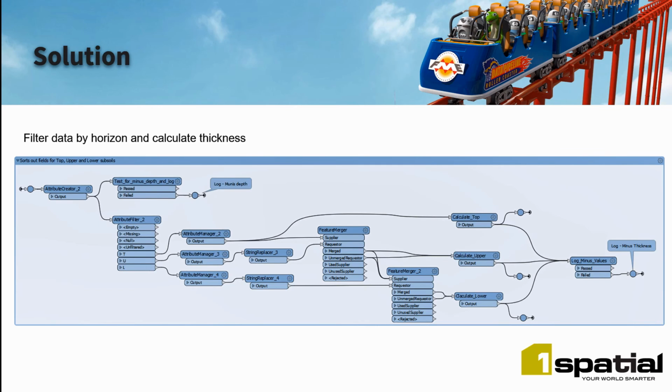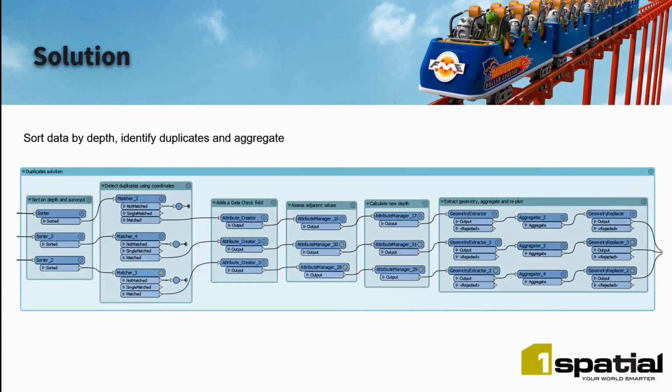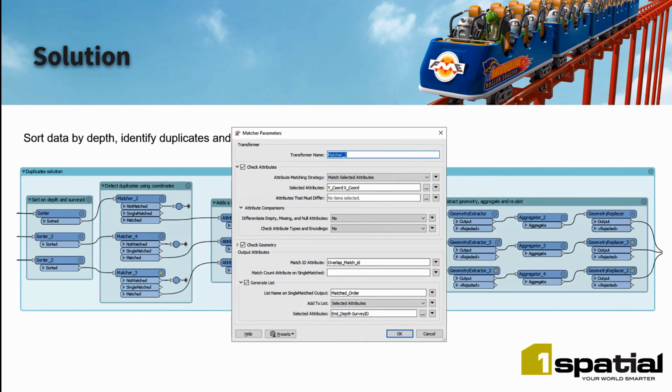We couldn't leave the data at this point, however, as due to the variability of the soil texture, when the texture shifts enough to justify the attribution of a new texture, they duplicate the soil horizon in question and attribute a new texture. For the purpose of mapping the three horizons, we needed to amalgamate these duplicate horizons into one. We achieved this for each horizon, firstly by sorting the data by depth and by borehole survey ID. We then matched the data using the X and Y coordinates of the points, attributing them with a match ID,